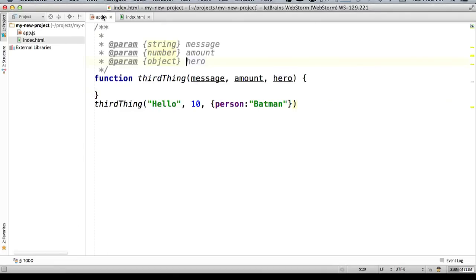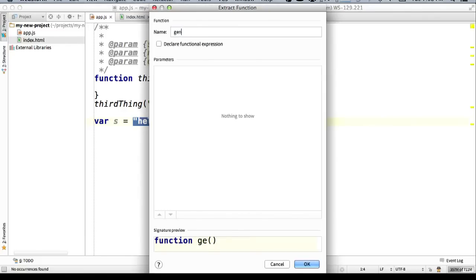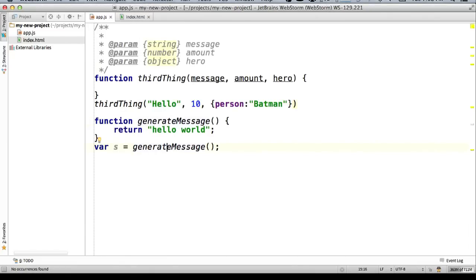Right. And then also you can do things like extracting variables. It is as simple as typing something like hello world, and then Command-Alt-V is just extract variable. Or if you want to change this, I'm going to hit Command-W, which expands the selection, and hit Command-Alt-M. I can type in a function name, and then it can wrap that as an extracted function. So there's refactoring your code when you're changing your code, you can do it by either just